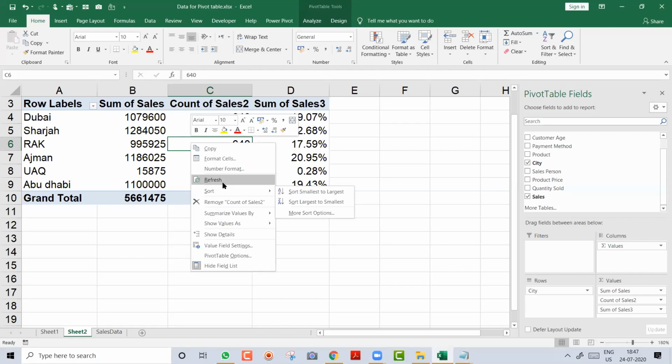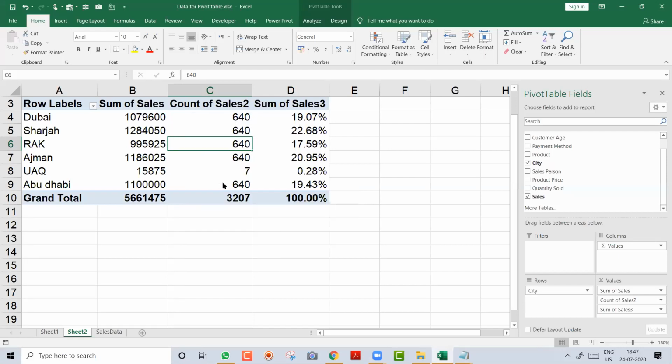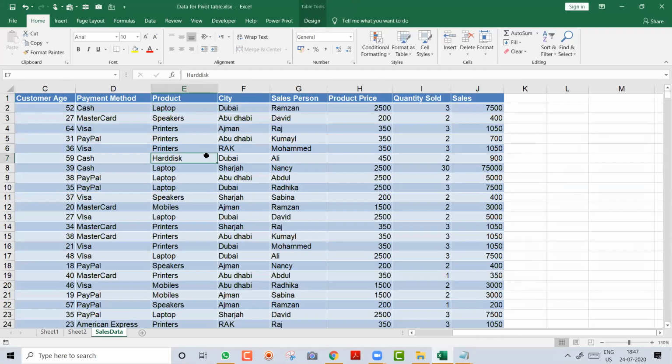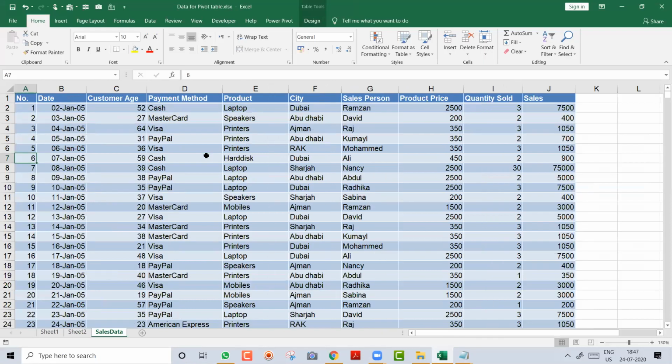Now we will move to the third option. Still, I'm not showing you the pivot table dashboard. The dashboard will come at the end because I don't want to skip anything. I want to explain the maximum number of things. Now, friends, I will come to sales data and we will create a different report. I want to show my management reports on dates, like each year, each month, each week, how much is the sales. Let's go quickly. So I will put my cursor inside the data.